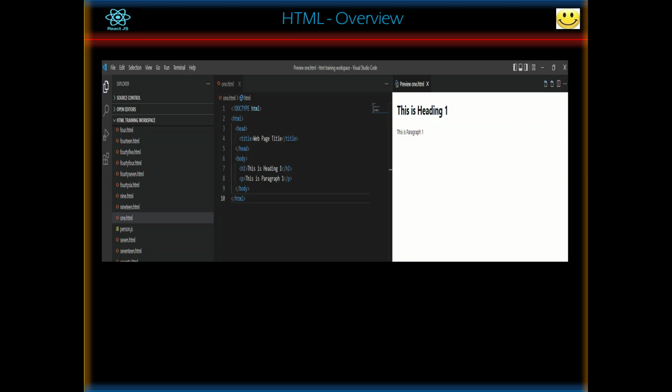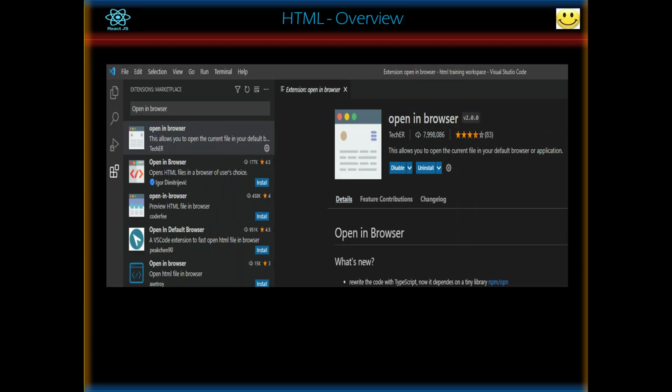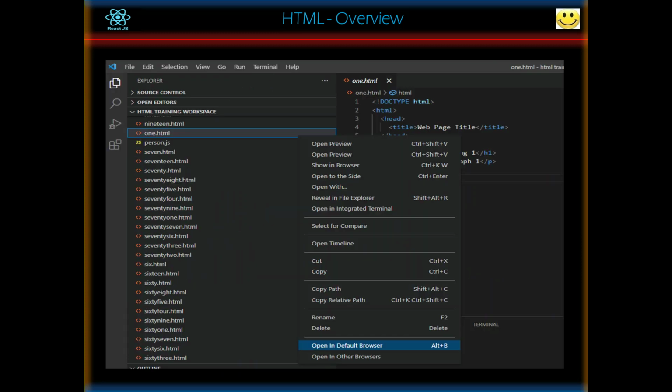So this is another way how you can render the content of HTML file on the browser. The other way is, click on the extension. This time in the text box, you type open in browser plugin or extension. So select the plugin and then install. So once you install this open in browser, then how you can use this plugin or extension is,